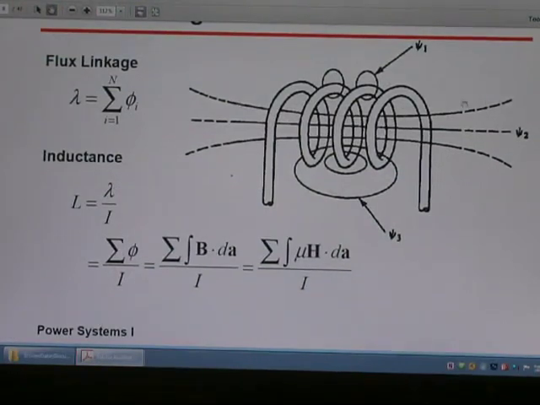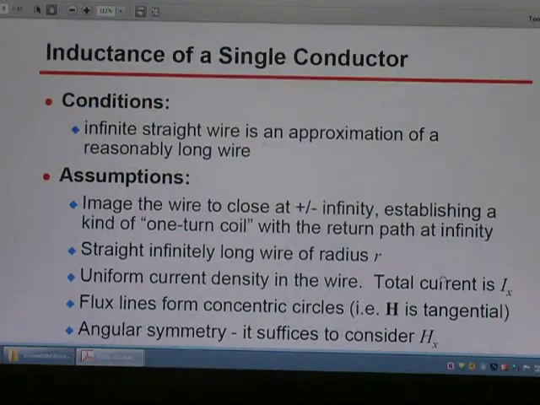The flux linkage and the inductance are calculated by these equations. So the single conductor condition is an infinite straight wire approximation